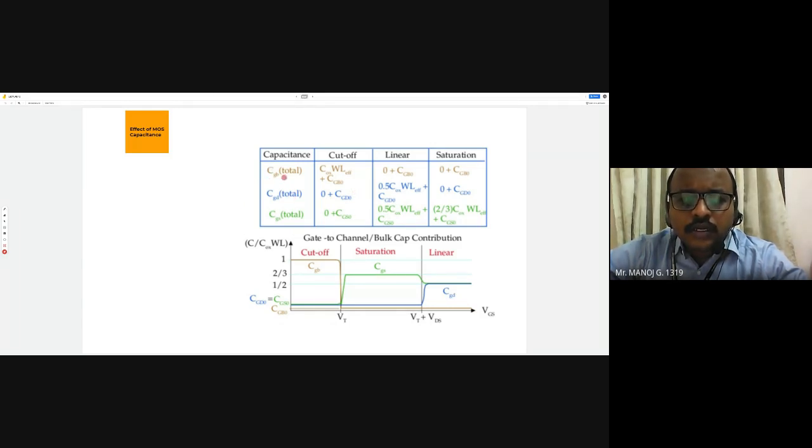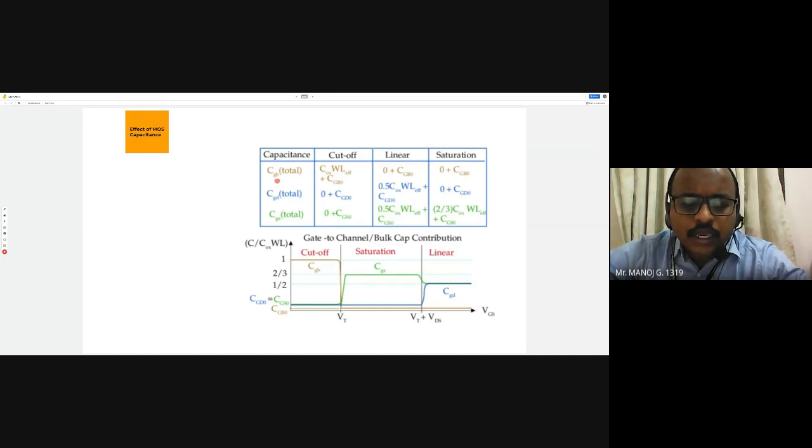Now, when you look at the capacitance, as I already told you, gate bulk, gate drain, and gate source are the three gate capacitances available. With respect to the cutoff region, this is the cutoff region, and this is the saturation and the linear region. So these are the three regions. Now we need to calculate the total capacitance of the cutoff region. Here this is zero, this is zero, and only this capacitance value will be there, that is